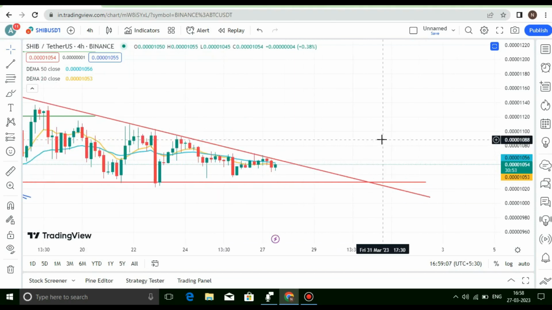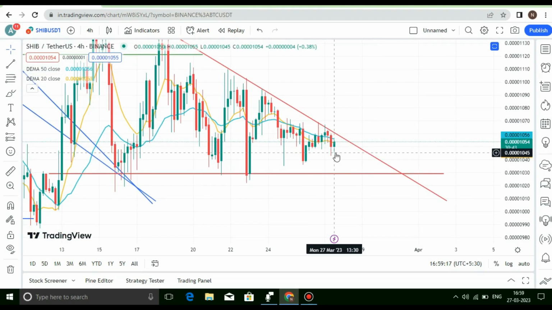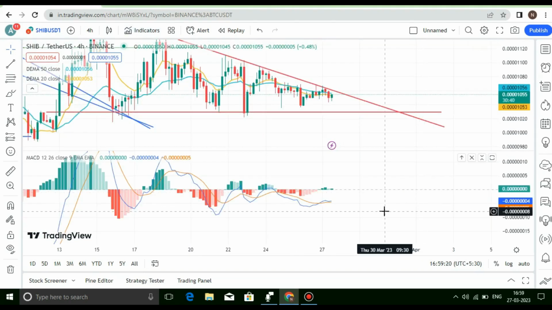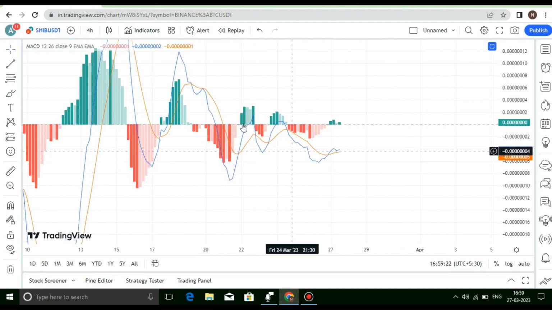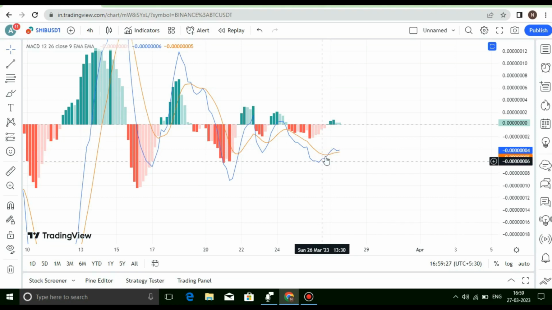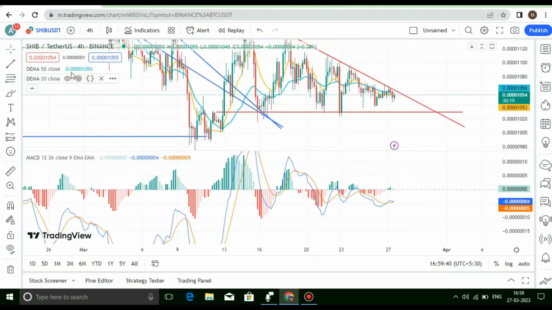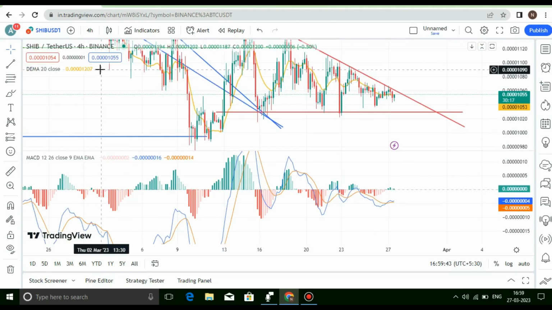The moving average is not currently signifying any strong momentum in either direction. As you can see, no crossover has happened. So let us try to understand the MACD. In MACD, the crossover has happened by the blue line. The blue line is the fast moving average, and the orange line is the slow moving average. So a crossover has happened over here, and an uptrend may be indicated, but using only MACD is not sufficient. First of all, let us close these double exponential moving averages because they are of no significance right now,